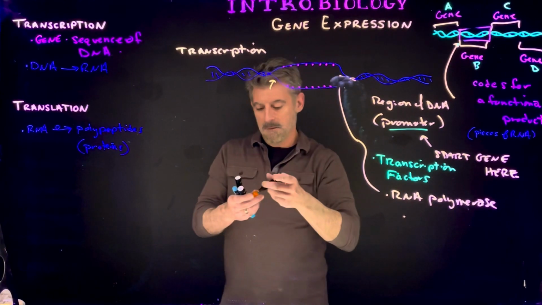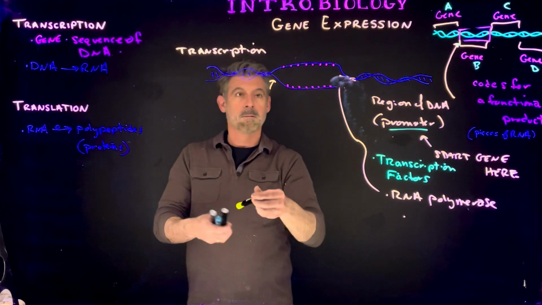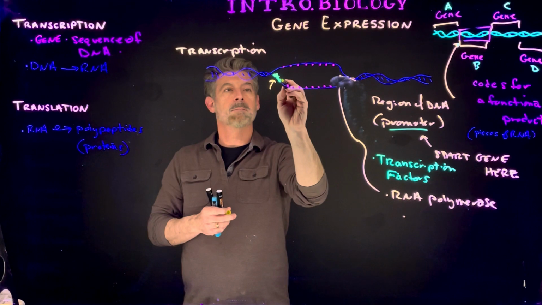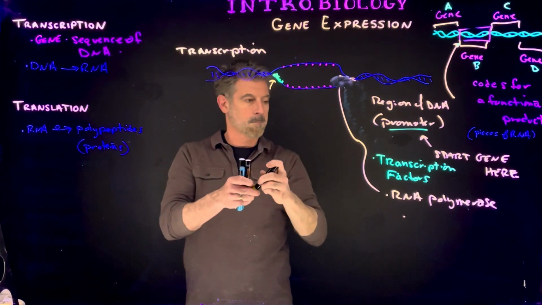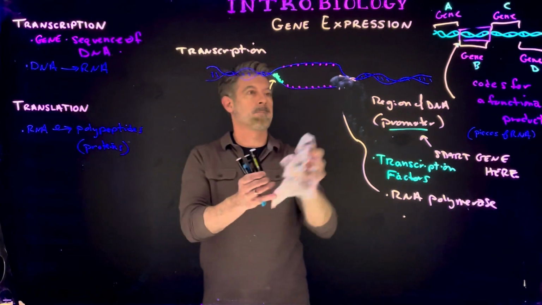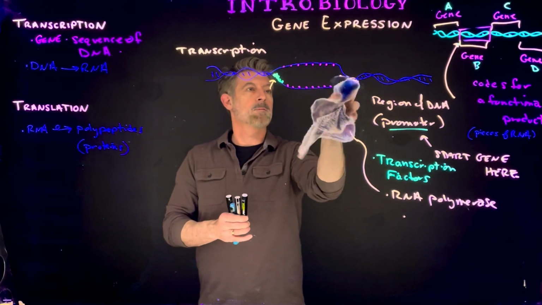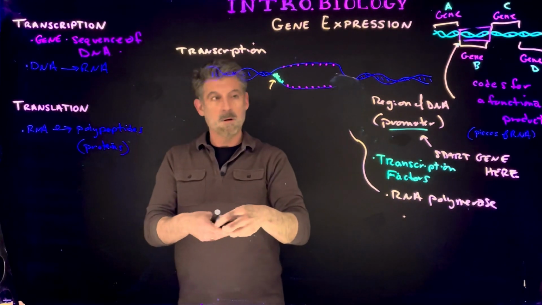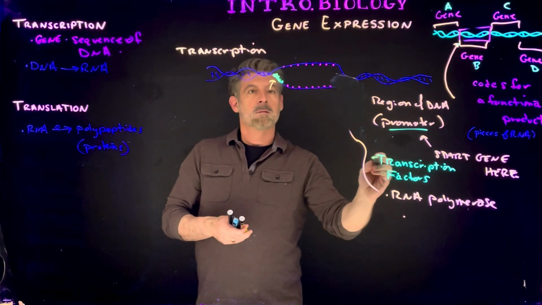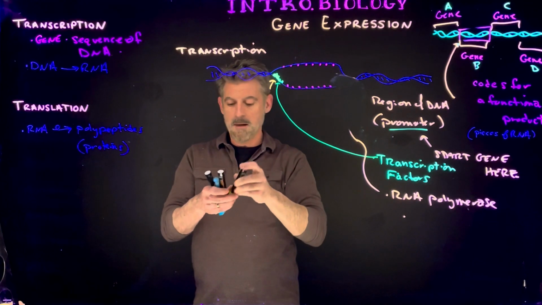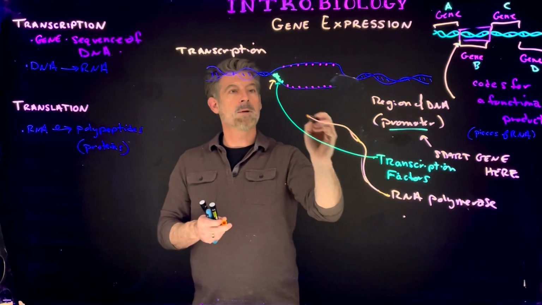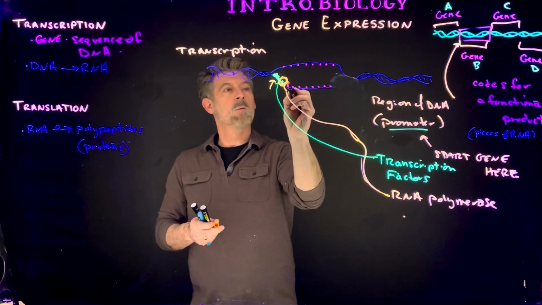So if this were the promoter over here, this bit of information, and let's redraw some arrows. Okay, so transcription factors binding to the promoter over here, the RNA polymerase will come in, and it's going to work along